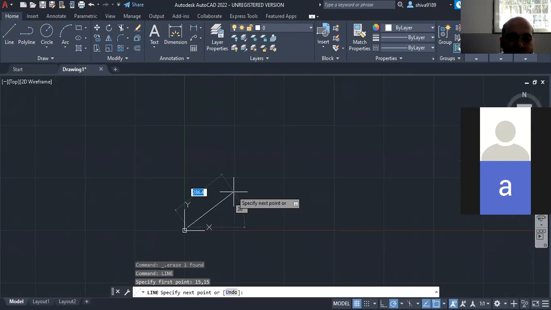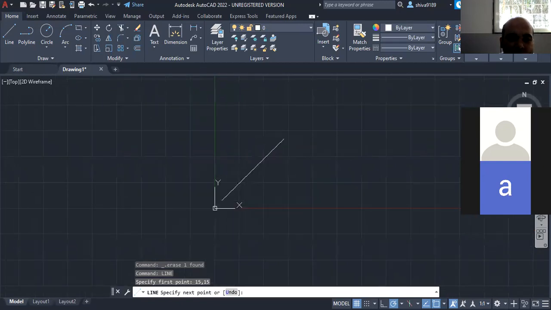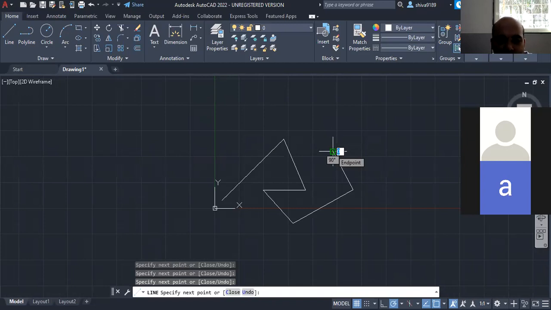Now suppose I want to make a line, and I want to make it inclined. So I have made it inclined like this, and then like this. Clear? But suppose I want to make a horizontal line. I'm making a line like this. Just have a look. I want to make a horizontal line, like this. Now I'll just press Escape and show you.